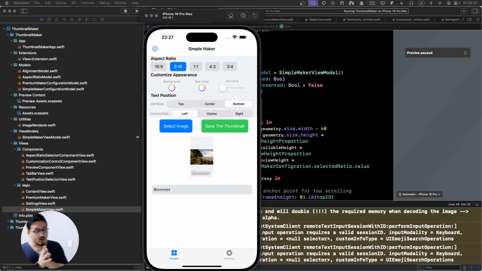Okay, so as promised, we're going to talk a little bit about the premium. First, we have to follow the rule that we want exactly a simple maker's functionality, but also add some value. I'm thinking of batch generation, because I think batch generation is a really important thing, as well as multi-line. So what I'm trying to do is change the text position into a slider where